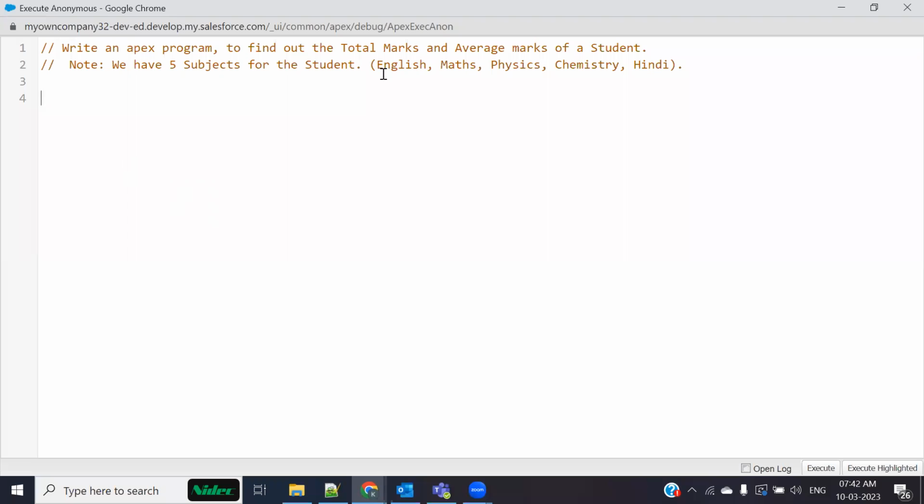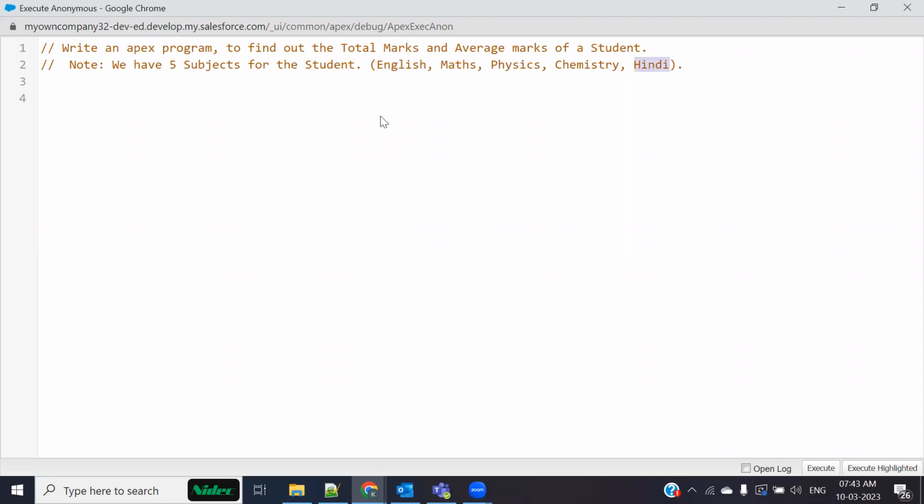All right. So see, I wanted to store the values for all these subjects. And the value should be an integer. It should be a whole number. We are not considering decimal numbers at this moment. I would rather say that we are going to store whole numbers like 50, 20, 30, 40 out of